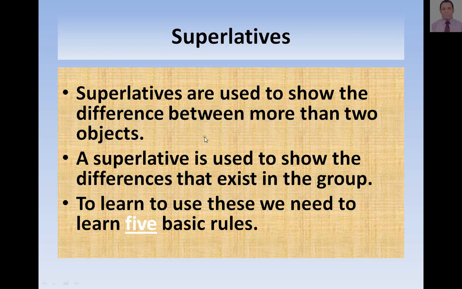If, for example, I compare one person in a group with all the other persons in this group, so this is superlatives. Okay. If I compare a student in the class to all the other students in the same class, so here I should use something called superlatives. Okay,